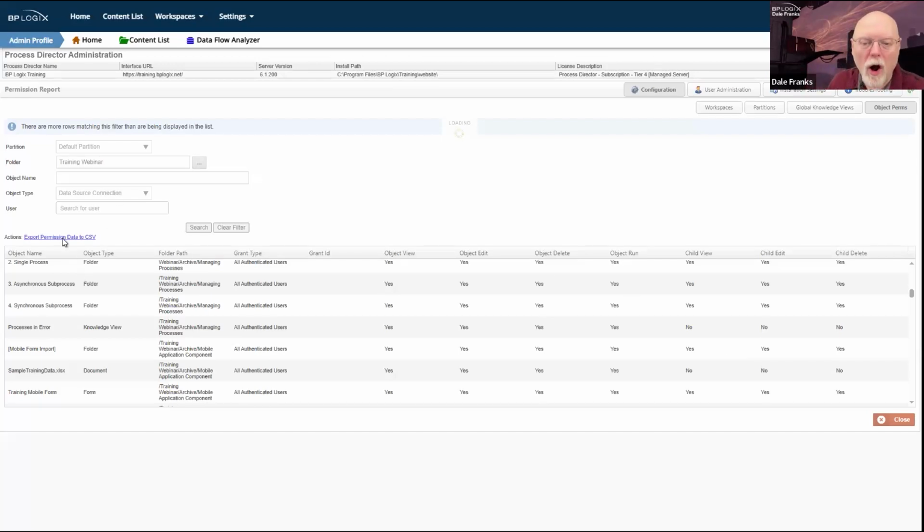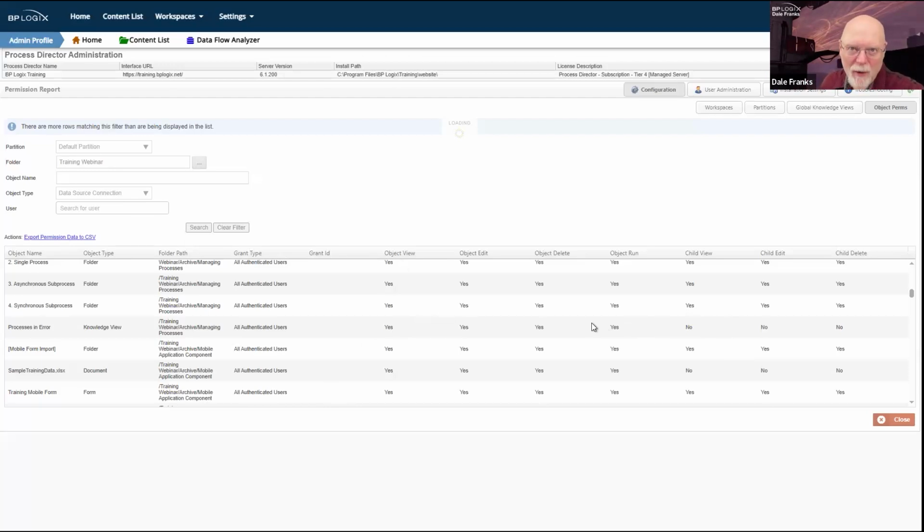This report also has one action link: export permission data to CSV. So while I can see it here on the screen, as you can see, it's relatively inconvenient because I've only got 7 rows of data that I can see at any given time.